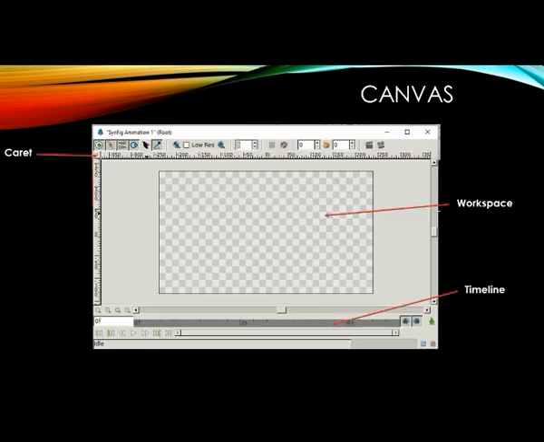Now let's see workspace. First of all, there is caret button with triangle like image. When we click on this caret button, we can see different options for file, view, etc. In the center part, there is workspace, wherein we are going to create objects and apply animations to inserted objects. In the bottom of this window, you can see the timeline. This timeline is used to give animation to the objects.